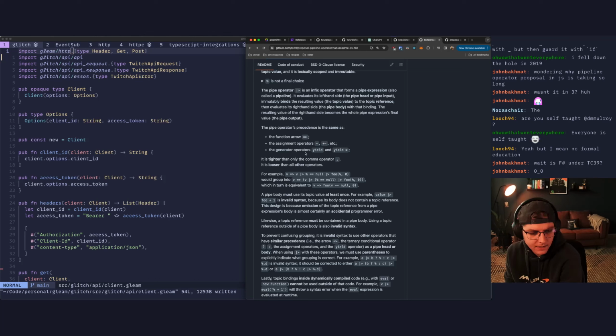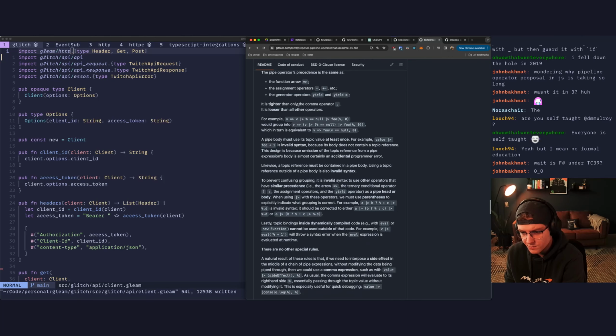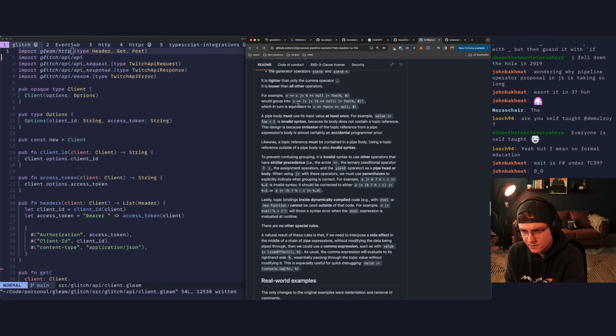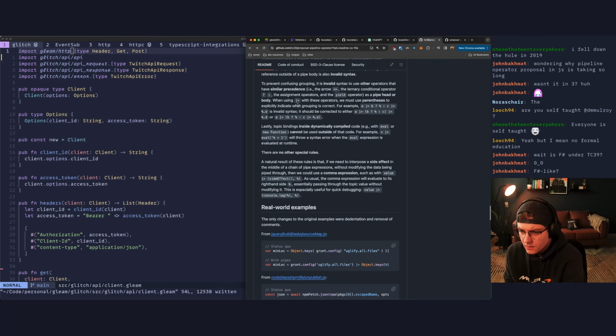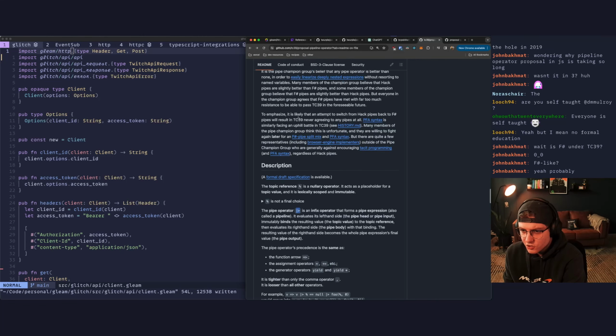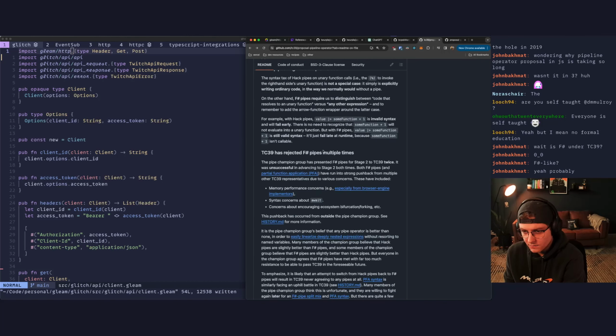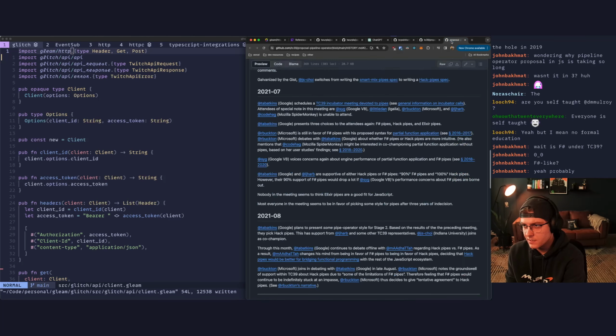I think they're just saying that the proposal is to adopt the same semantics as the F sharp pipe operator, which would be the same, I think, as OCaml's pipe operator as well. So it sounds like F sharp or OCaml style pipe operators are kind of dead in the water because of memory performance concerns from the browser engine teams, which is immediately just like,